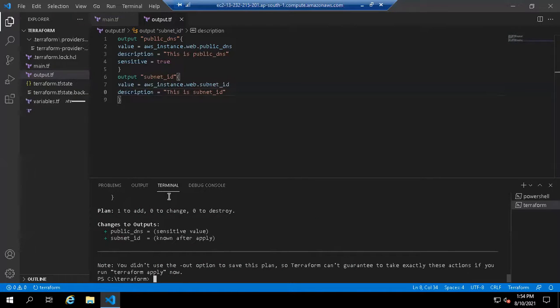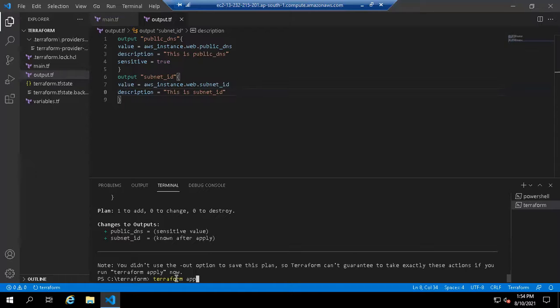Before the apply command, you can see here it is mentioned sensitive value after the plan command, and for subnet ID it says known after apply, because for subnet ID we have not declared sensitive, so that's why subnet ID is not stopped from printing.